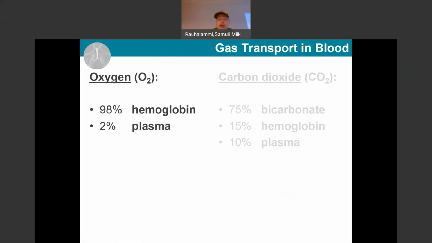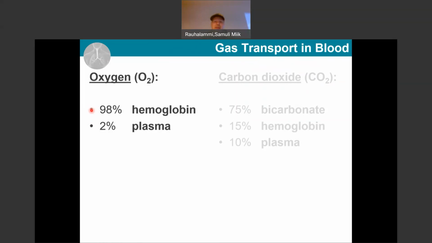I do like to talk a little bit about how these gases are also transported in the blood, even though it kind of delves into what we've seen before, but I don't think we ever got to this much detail. So oxygen, of course, you remember, was mainly transported bound to hemoglobin, about 98% of the oxygen, and a tiny amount, about 2% or so, dissolved in plasma. Remember, there were 4 hemoglobin subunits in a single red blood cell, so that's where the oxygen